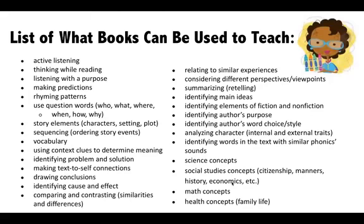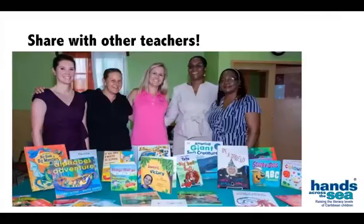nonfiction, identifying author's purpose, identifying author's word choice and style, analyzing character, internal and external traits, identifying words in the text with similar phonic sounds, science concepts, social science concepts like citizenship, manners, history, economics, etc., math concepts, and health concepts and family life. Our goal at Hands Across the Sea is for you to use these book blurbs yourself